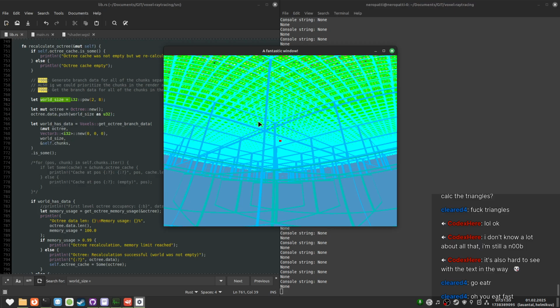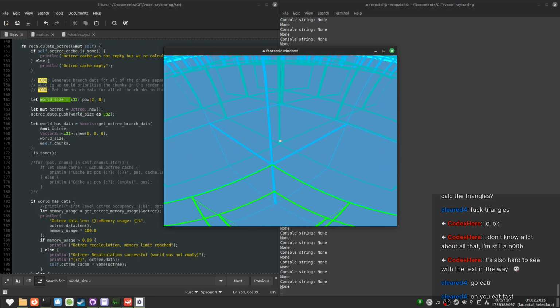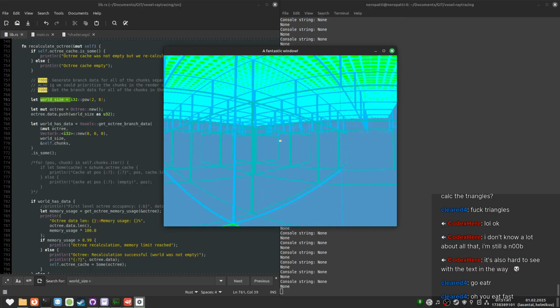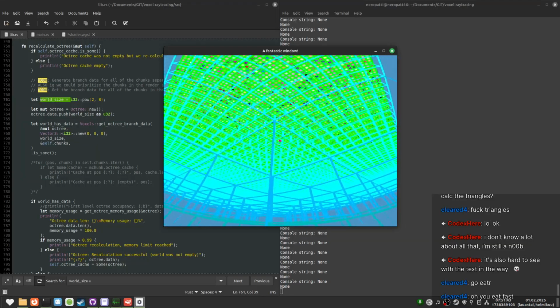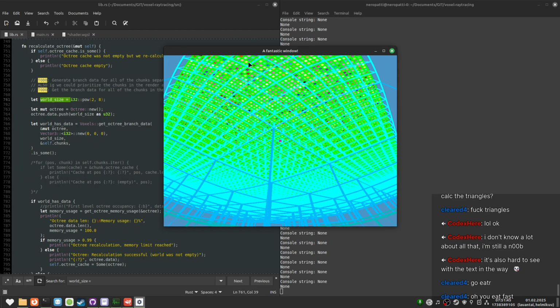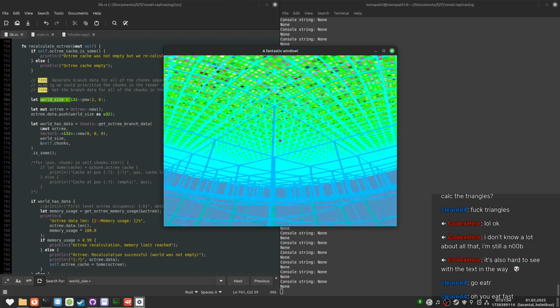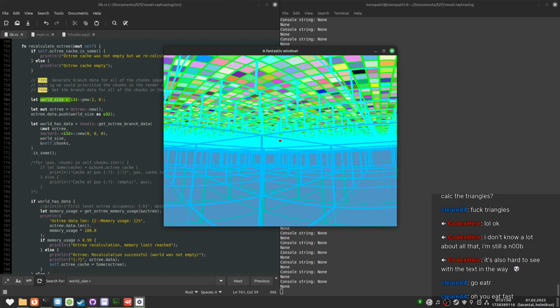I'm doing it incorrectly right now, which is why you see this fisheye lens effect. If I was doing it correctly, it wouldn't be like that. Anyway, we shoot a ray, traverse the octree, and when we hit something, we get the color, and the pixel is that color. Yahoo.